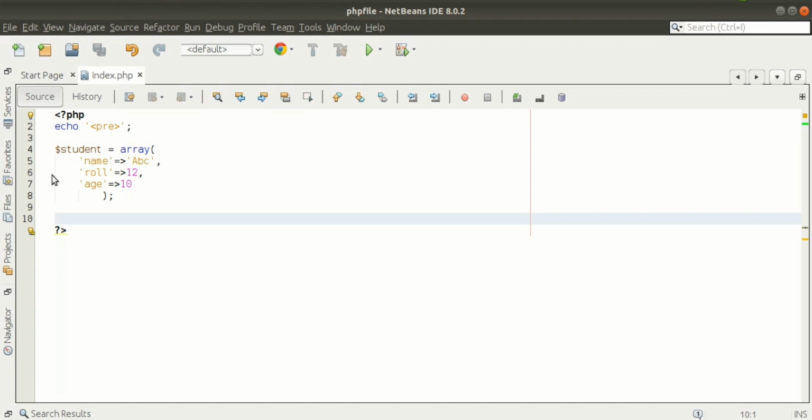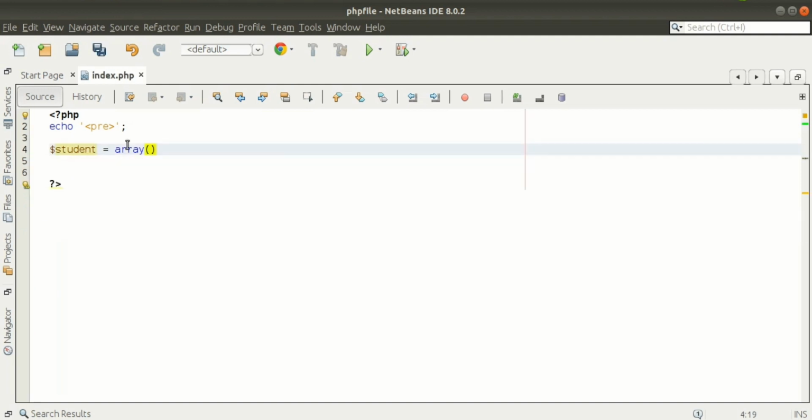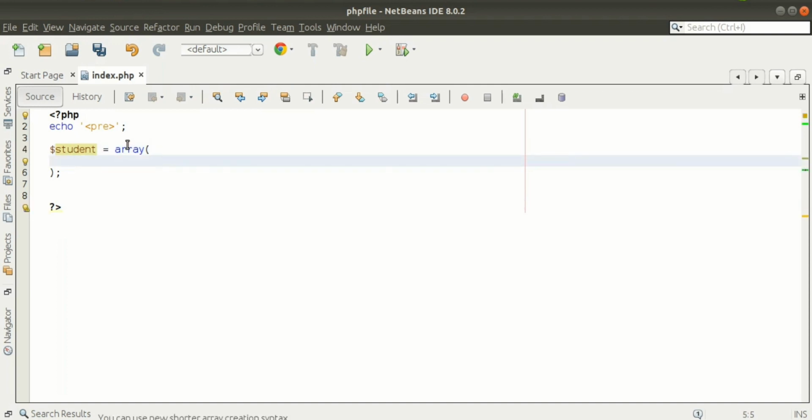So the next is multidimensional array. We can understand this with the name multidimensional. Multidimensional array means there is an array which stores values for one or multiple arrays. Here I am going to store all the records of a school. So how we can create multidimensional array? So the student name is ABC. So here we can create the array as ABC has